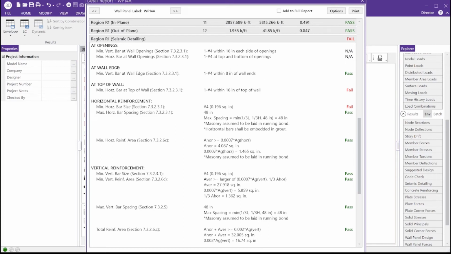So if you want to get an idea of what each of these calculations is doing, for instance, the reinforcement around openings requires a number 4 bar within 16 inches of each side of the opening, and a number 4 bar at the top and bottom of the openings. When the program performs this check, it's looking for this specific requirement, and if the wall panel region is not